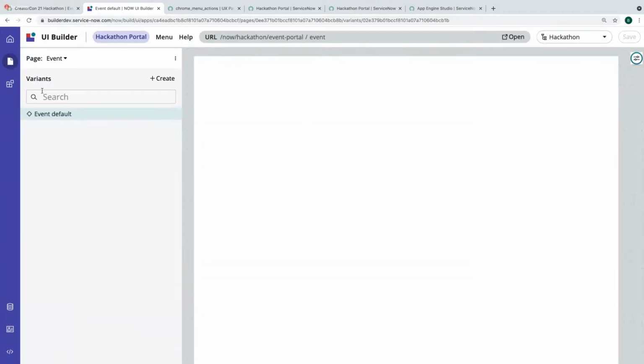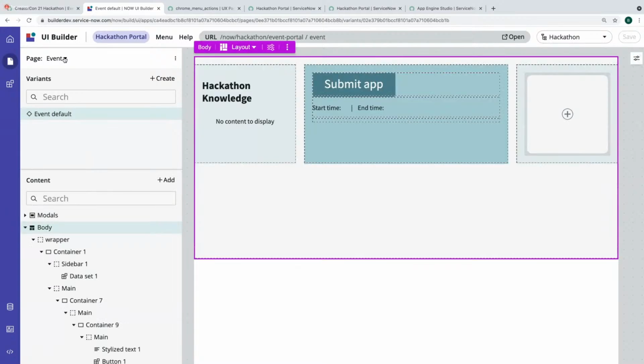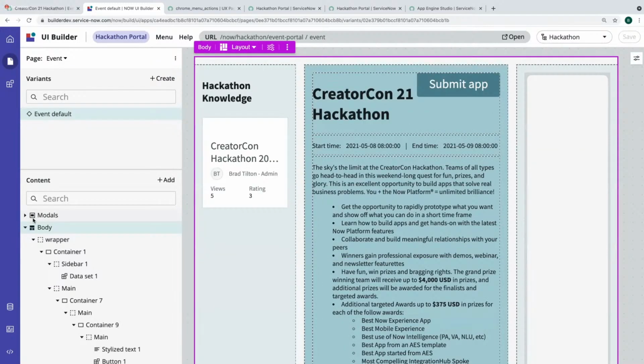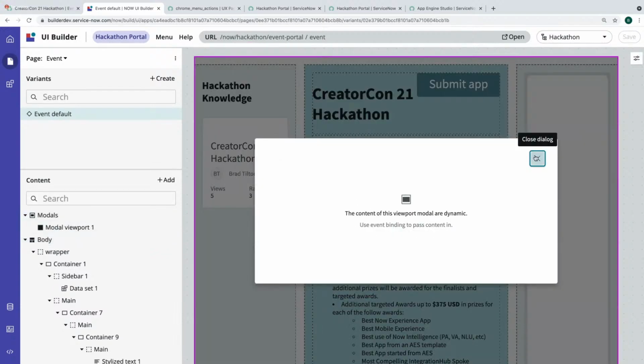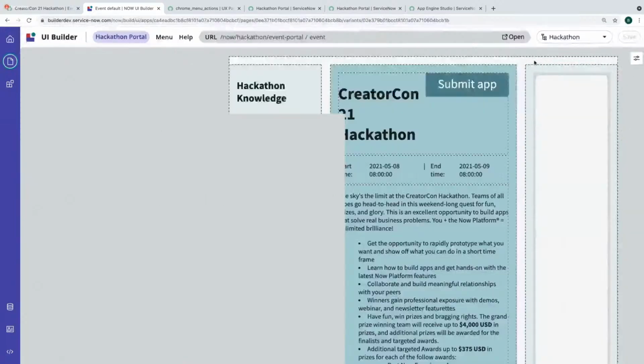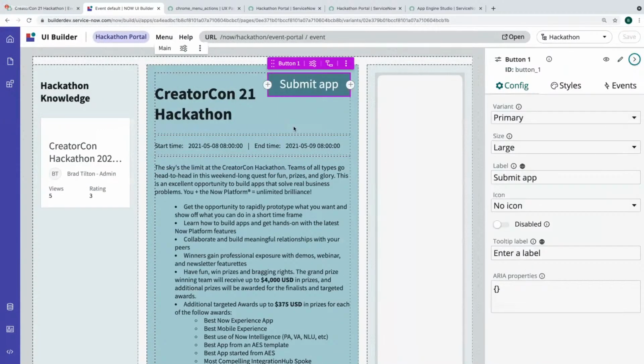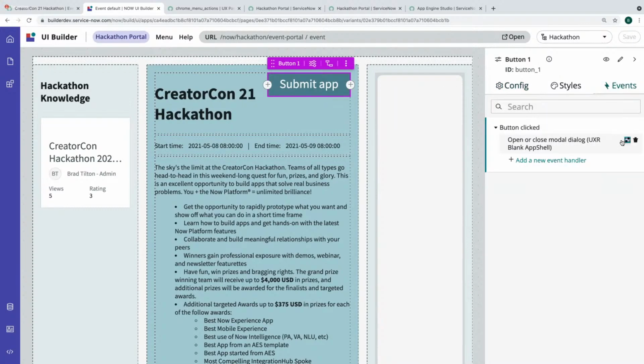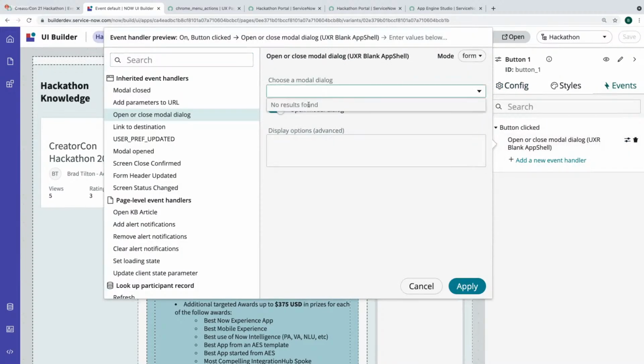I think I had saved, but let's see. So we've got our event, open or close modal dialog, and it's still not there.